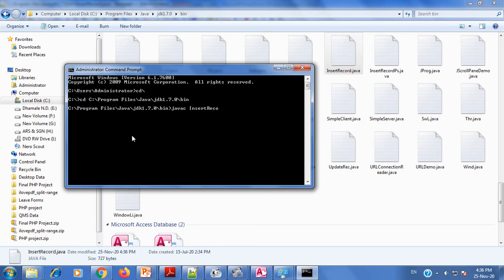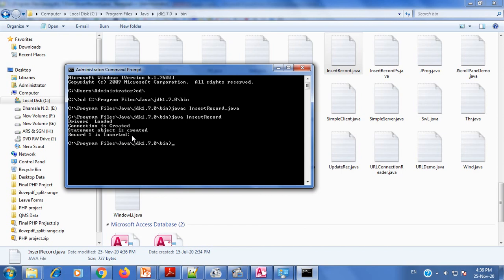InsertRecord.java is the program name. It is compiled. After that I am executing the program. If you are able to see, these are the messages that I have displayed: drivers loaded, connection is created, statement object is created, and record 1 is inserted.